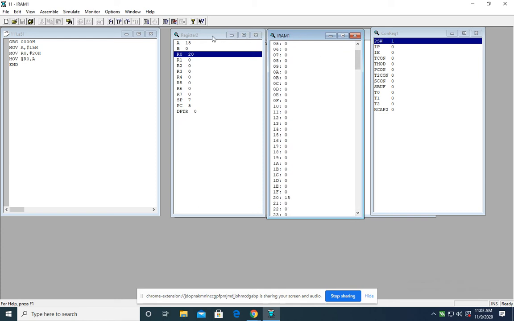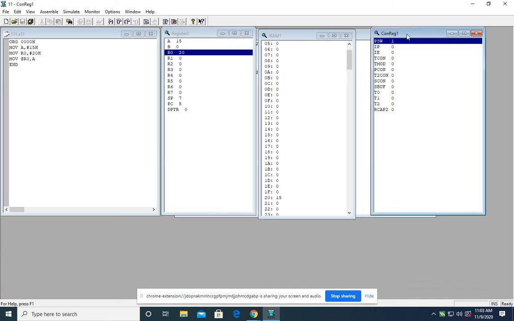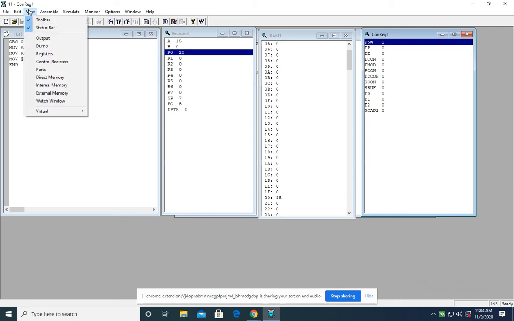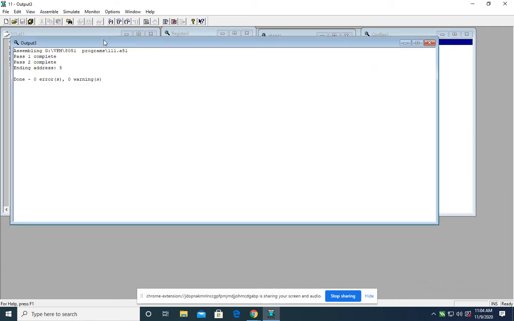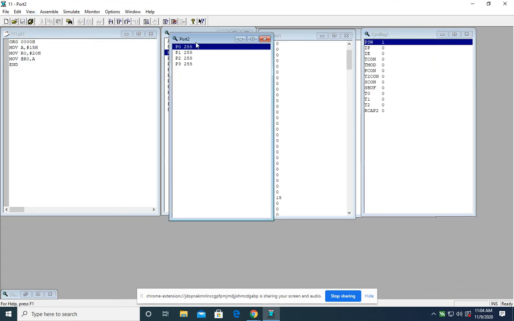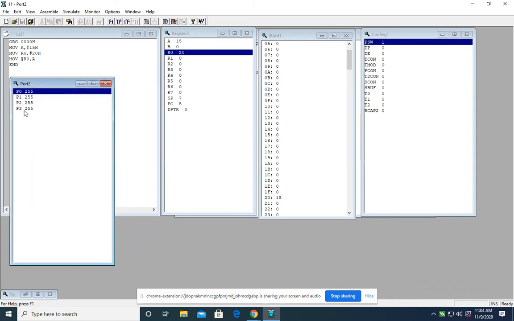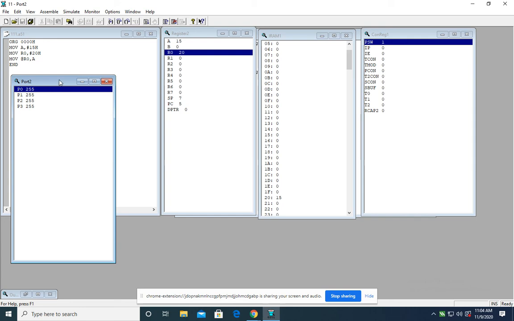So in this way you can view all these registers. Okay, control the registers. You can observe also output. Okay, you can observe also ports. Okay, you can see default value for ports is FF. That means whenever you are going to turn on the microcontroller, all ports will act as an input port. That means FFH data is loaded on it, so they will act as an input port. That is the default condition.